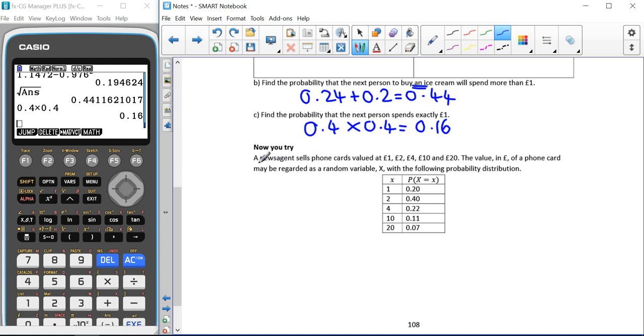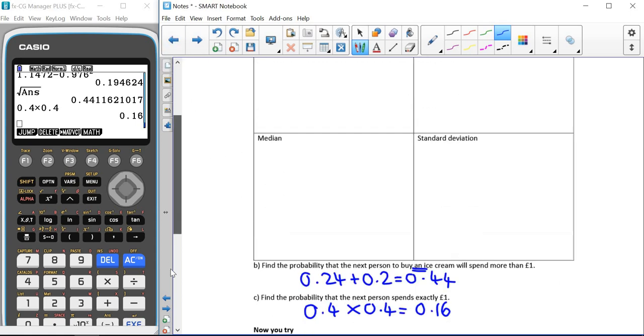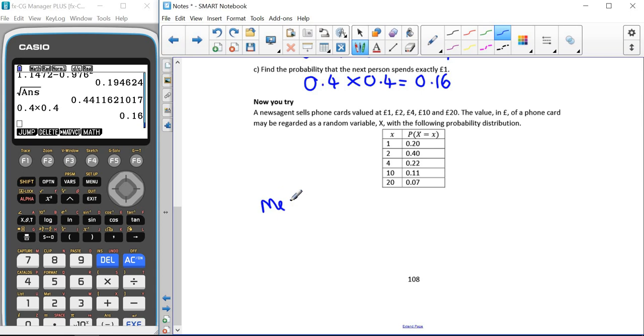Okay, so for the Now You Try question, we've got a news agent which sells phone cards valued at £1, £2, £4, £10 and £20. And they're regarded as a random variable x with the following distribution. And again, we are asked to find the mean, mode, median and standard deviation. So to start off with the mean, we're going to have our sum of x times the probability of x equaling x,